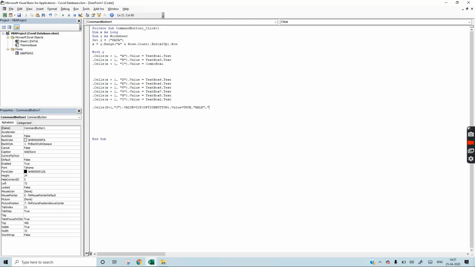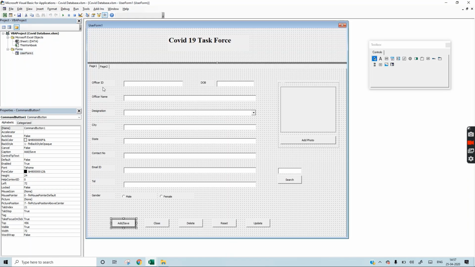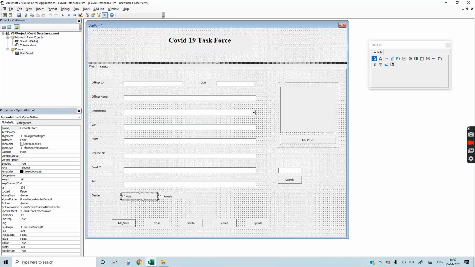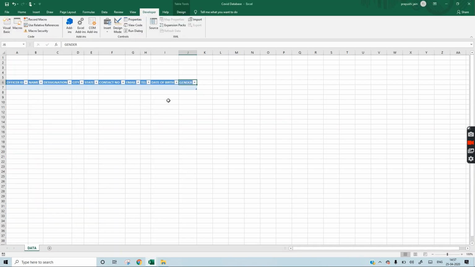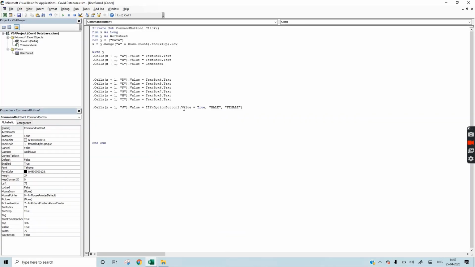Otherwise, it's female. So for option buttons, the coding will be different, as we have already seen that this is OptionButton1 and OptionButton2. Whatever value we select, if OptionButton1 is true, then it will go male, otherwise it is female.